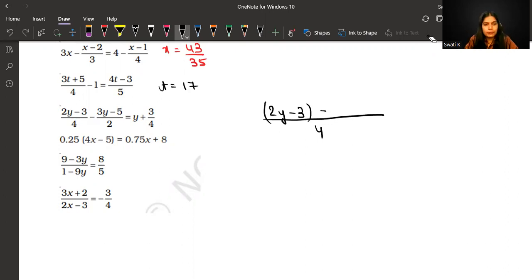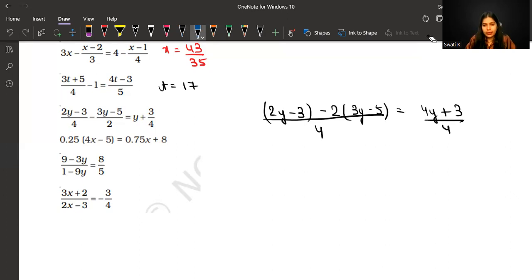And here it is 2 and 4. So 2 times 2 is 4. So 2 will get multiplied in the numerator. So 2 times 3y minus 5 equals, here if I take LCM, it will simply become 4y plus 3 divided by 4. Okay. So there is one thing I want to tell you now, that if you have something like this,